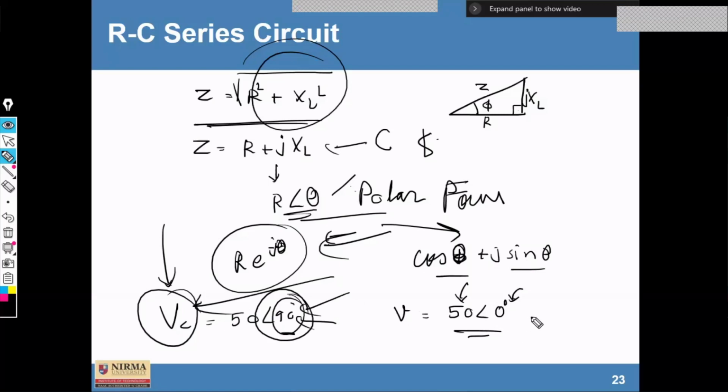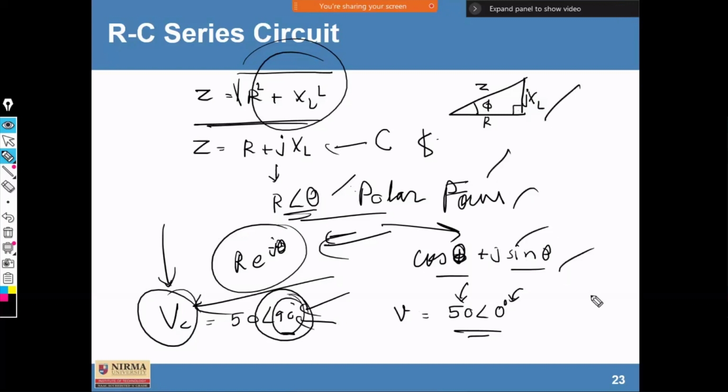So various forms are given, and during this weekend, please go through these mathematical terms and try to find out the conversion from any of these four different forms. And the same thing you can do with the calculator.